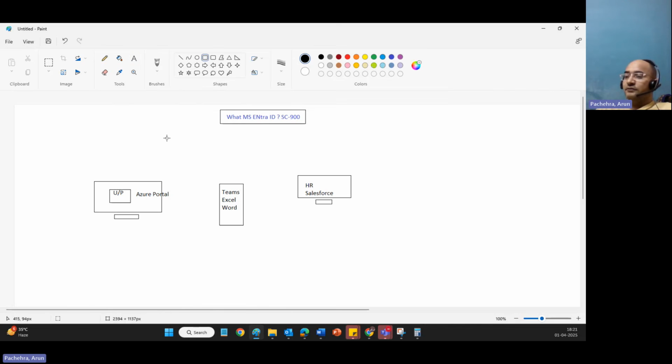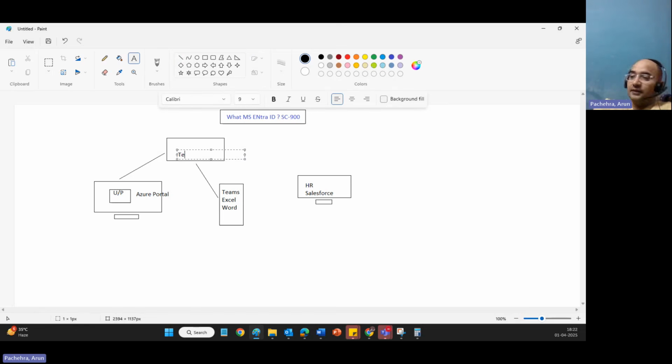So if you're talking about the Azure portal or Teams, or we can say MS365, there is something which is managing your ID and password so that it can authenticate you. That something is MS Entra ID. When you create your Azure account, you get your MS Entra ID. Let's suppose the same thing is attached with your MS365 account. So your MS Entra ID or tenant,